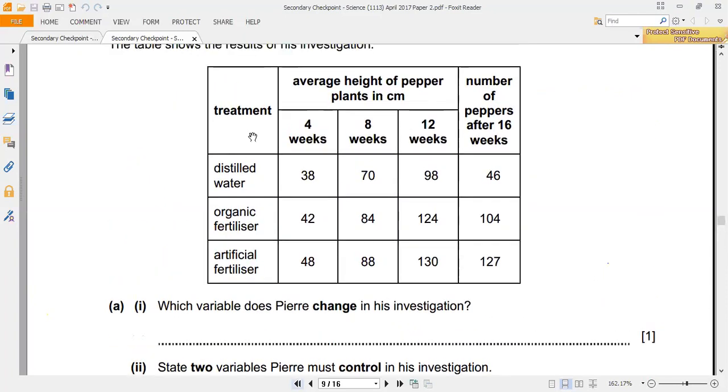Type 2, the dependent variable. The one that we measure, the one that we expect to change, okay? The one that changes depending on the independent variable. That's why it's known as dependent. In this case, we can measure, for example, the height of the pepper plant, because this is a variable that changes according to the independent variable, or the one that we change, in this example, the type of